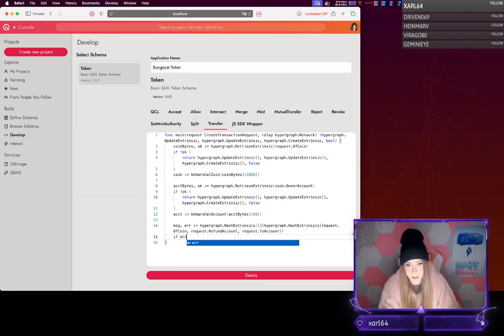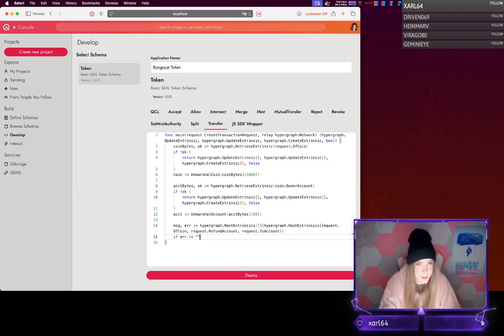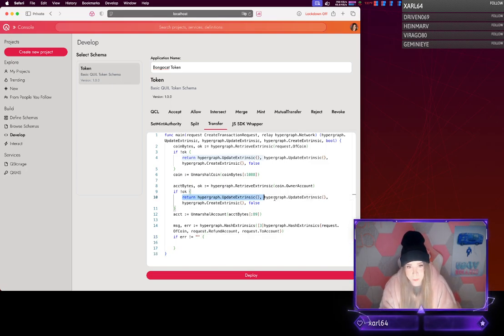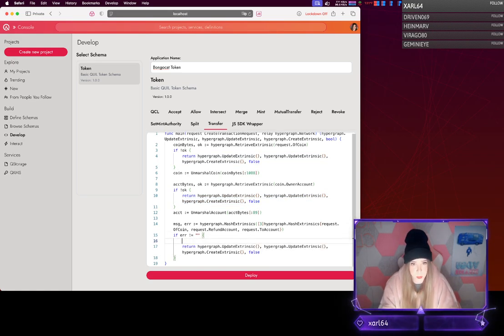of course, if there's an error, notably error types, we don't have a typical error type because that would be extra data that's unnecessary. So we just have our string responses, our error types that we use. But if there's an error, we're going to go ahead and return that. There is also, for debugging purposes, a log facility where you can write out log error and then the error itself. And then